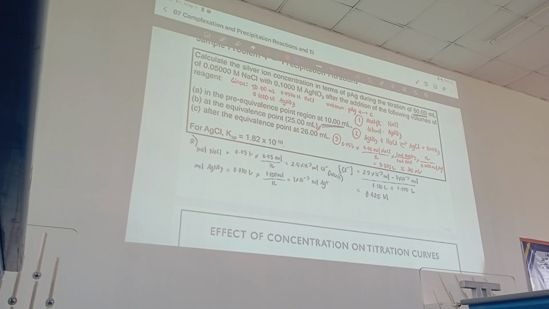Saan ka na? Cl pa rin. Pag nakita. Nanawa na kayo sa kagiven. Equal. Ano kayo sa kagiven? Ay importante. Kung sa'yo KSP expression na ni, you have Ag plus times Cl. Nakay KSP? Na, sir. Nakay Cl? Na. Kasi mong kita? Ag plus. So, para makita niyo mo yung Ag plus, this will be equal to KSP over Cl minus. This is, bilang KSP? 1.82 times 10 to the negative 10 over